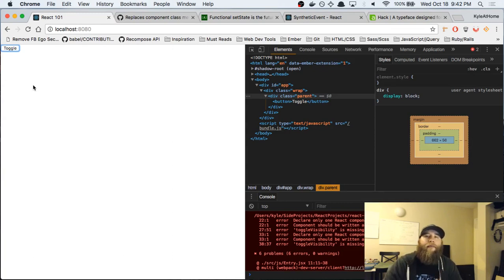The Ember API is gigantic. They've solved so many problems that I don't even think they needed to solve. And instead of letting developers use the language to solve problems, and I think that's a design choice.